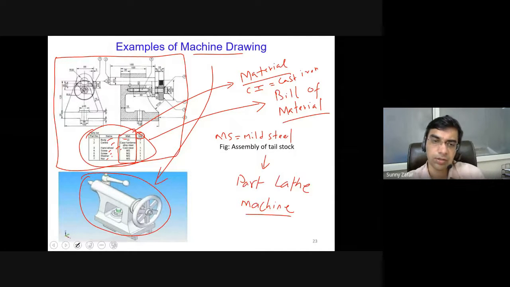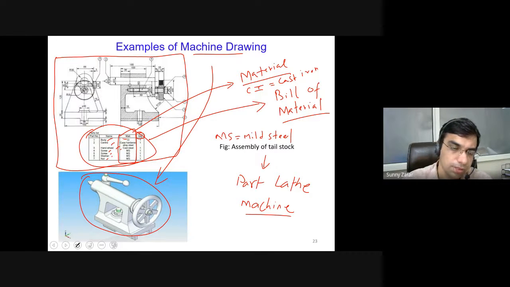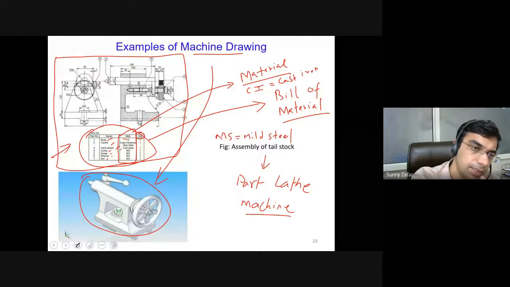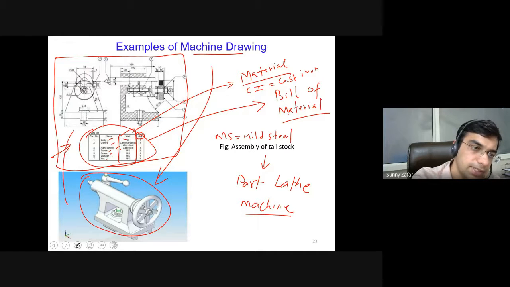Mild steel is again an alloy, predominantly iron, with carbon, some manganese and some other alloying elements added. Our objective in this course is to come up with such drawings of different machine components, which show us other details besides this bill of materials. You will see the other details in the orthographic projections. Predominantly the front view and the side view of the tailstock are represented here. Additionally, you will observe that different sets of dimensions are also shown in this machine drawing.